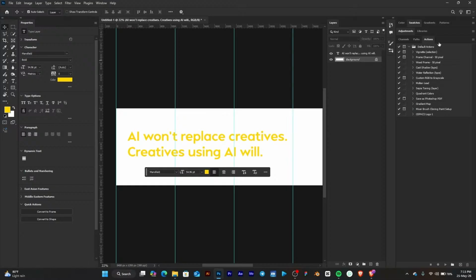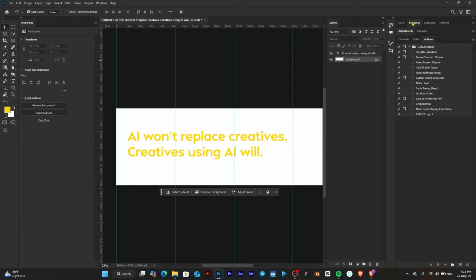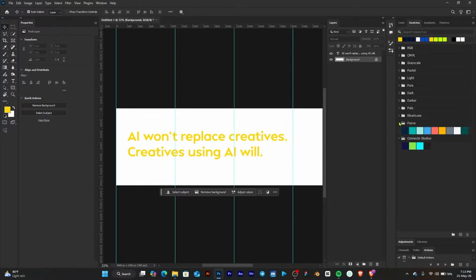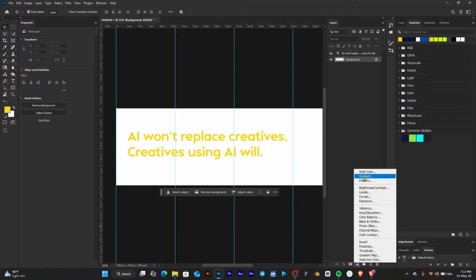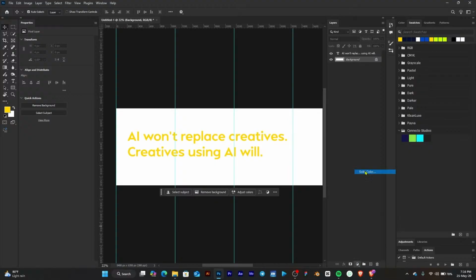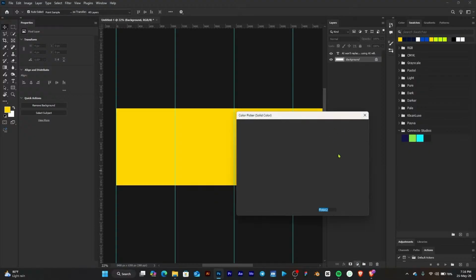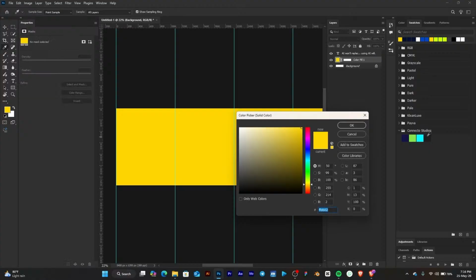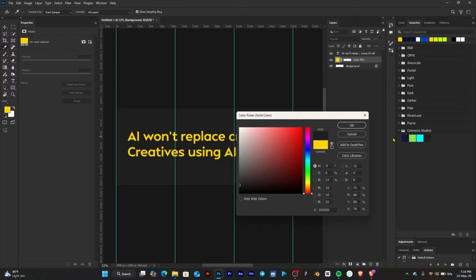Now let's add a simple background. I have my brand colors set up in the swatches. So all I have to do is come down here to the adjustments and create a solid color. Then once that is created, all I have to do is pick the colors I have added to the swatches. But if you don't have that, it's not a problem. You can select any color you would like to use. So I would use this black,